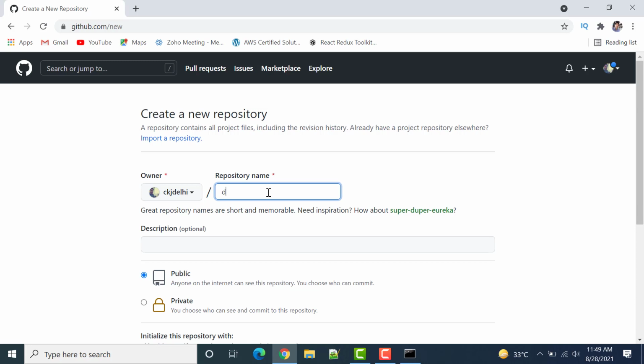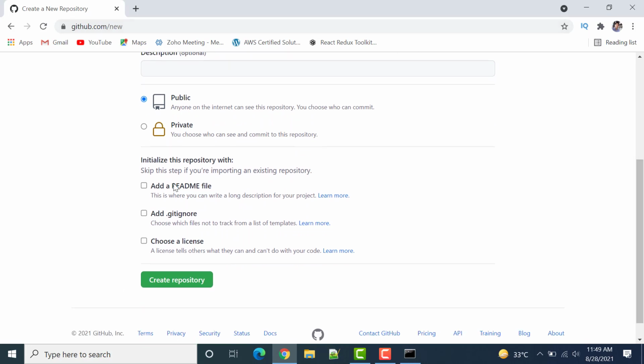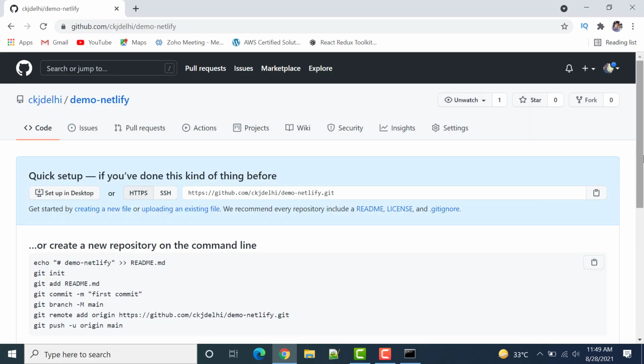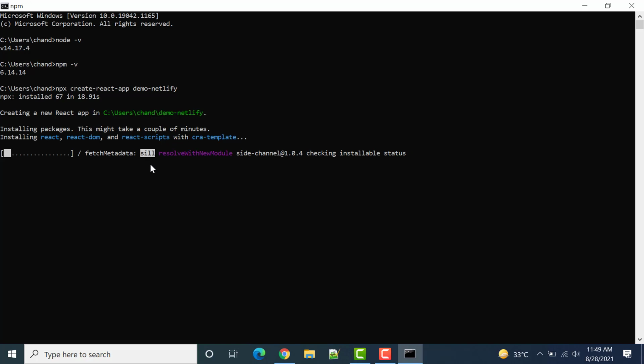So I can write here demo-netlify, make it public, and for now let everything be as is. Click on create repository, and then here we can see we have a few steps. We will follow these steps once our React.js application is ready.